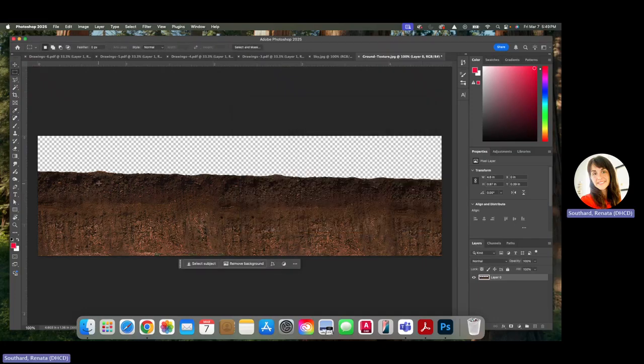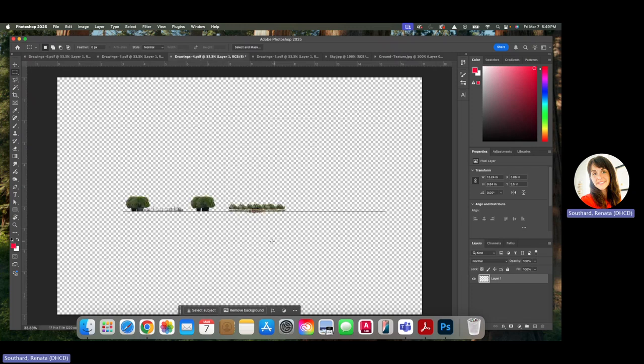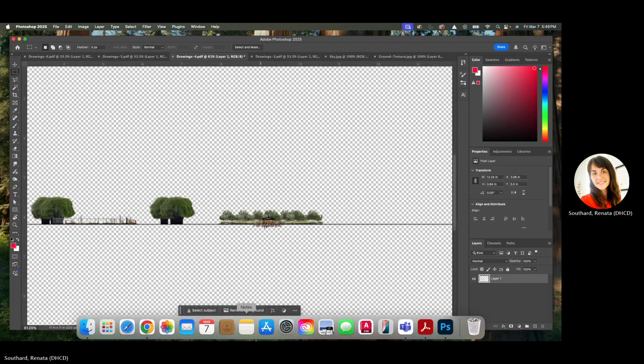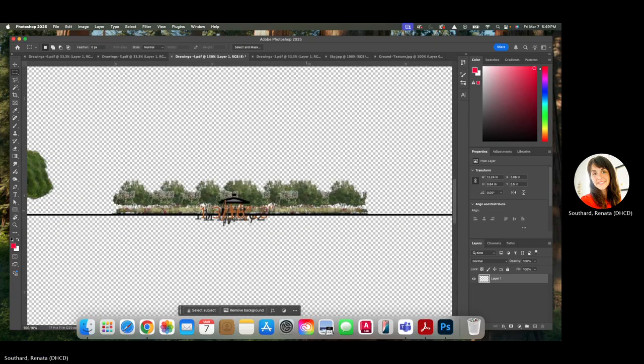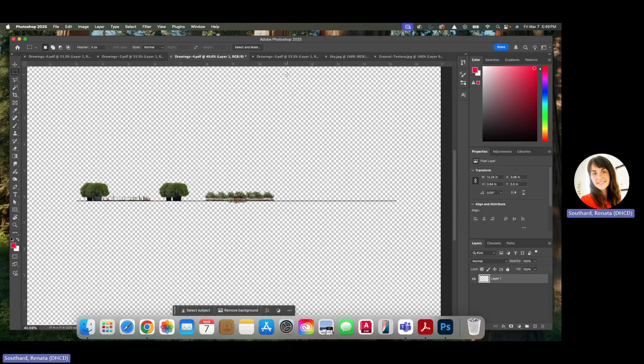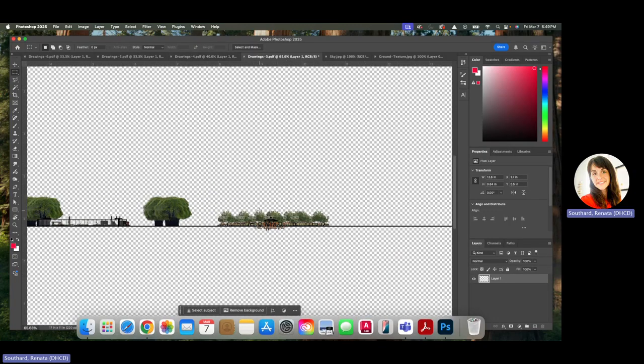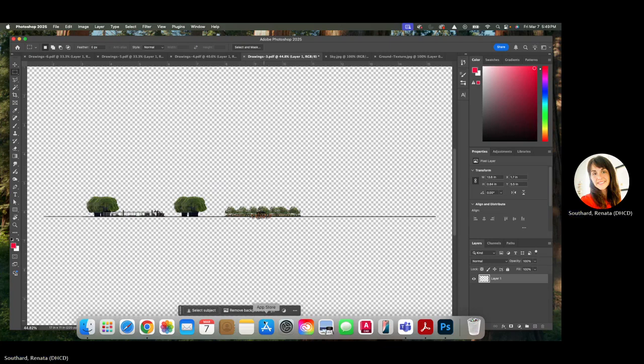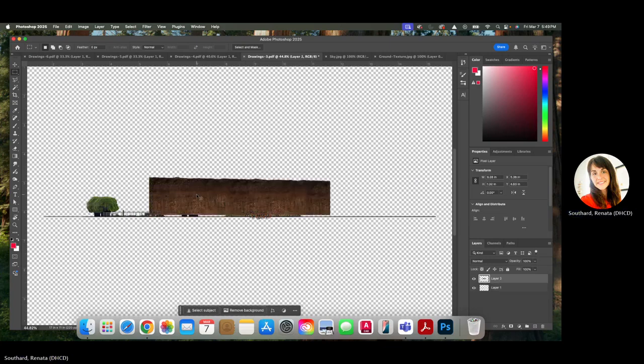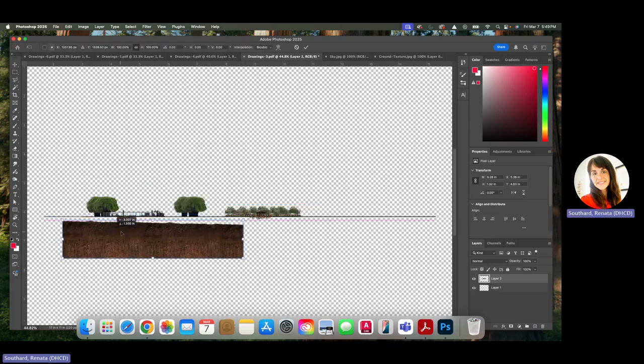I'm just going to Command A and it selected everything, and then Command C. Oh, and it pulled in some numbers. I might have to redo that one, but just for our purposes, I think this is okay. I'm going to hit Command V, and you can see it's